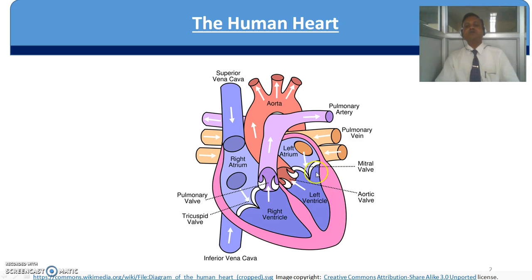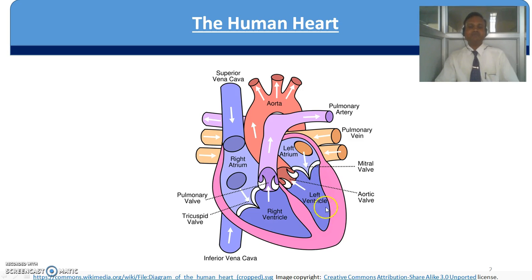To do this, valves are present at the joint of all the compartments. Between the right atrium and right ventricle there are valves. We call them tricuspid valves. Between the left atrium and left ventricle there are valves, and they are called